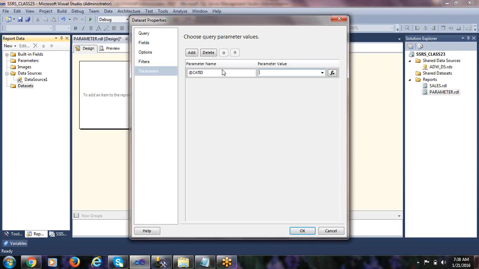Sometimes he might extract the category ID 2 data or 3 data: accessories, bikes, clothing. So whatever is the end user's wish. Whatever category information he wants to see, he will provide that category ID value dynamically. Okay. So if you want to provide the input parameter dynamically to the query parameter, then what you